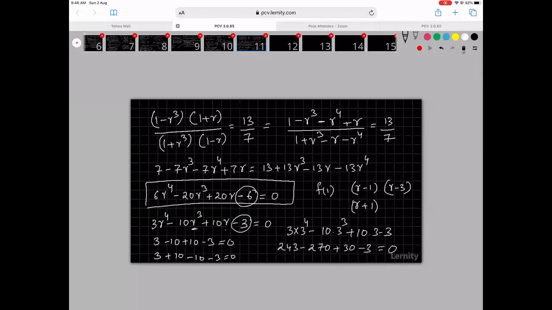Now can you check if r plus 3 is also a factor of this? Plus 3 won't be because the product will not work out. So you found out the 3 factors. Now if you can multiply,